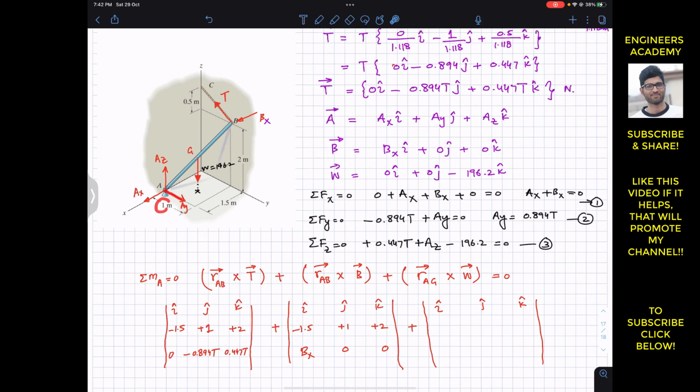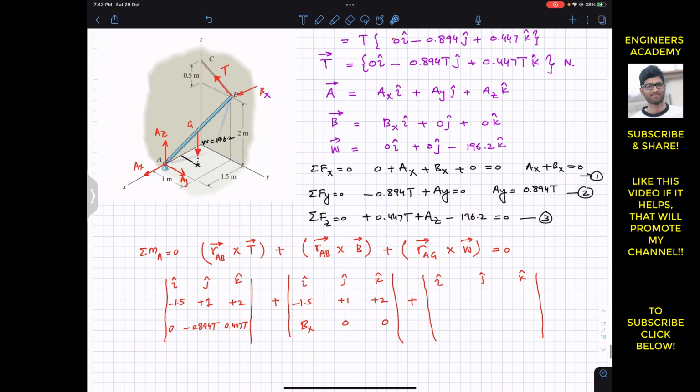This will, if we move it like this, right, this vector will reach this point, and this distance from here to here will be equal to the half of this 1 meter, and this distance will be equal to the half of this, right? So our AG vector will be, from A we need to travel 0.75, the half of this, in the negative x, then we need to travel 0.5, the half of this, in the positive y, and then we need to travel the half of this in the positive z. So this means that our AG is